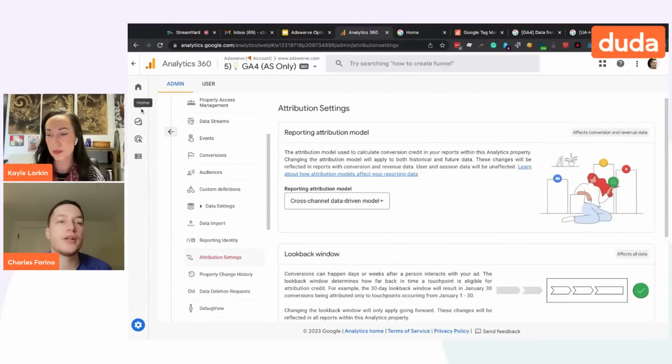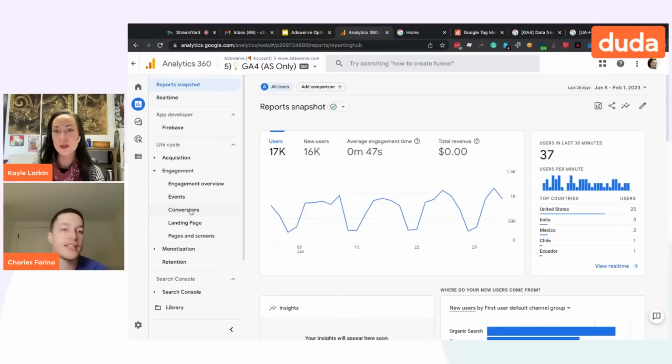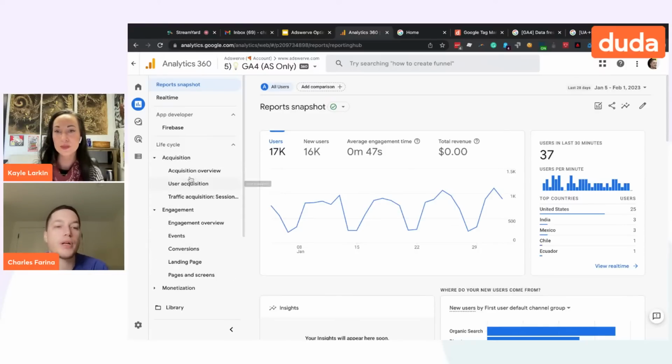So to your question, where should you be doing attribution? Depends on what you're doing. Do you want first touch? Do you want session scoped? Or do you want the new flexible DDA? I think if you're doing attribution analysis, you probably should be in the conversion reports for most things. And the acquisition reports are mostly simple, for just quick answers or something like that.